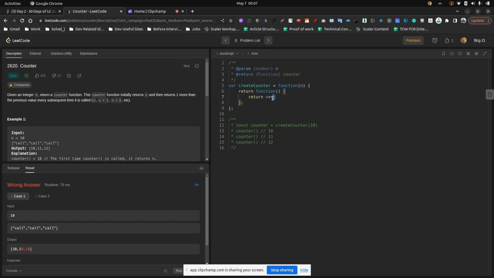What it does is, when this statement return n plus plus is called, n plus plus is another statement inside this statement, and JavaScript handles one statement at a time. So firstly it returns whatever value of n is there, and as soon as it is returned, the n plus plus is executed and the increased value is stored inside n. So if we run it,